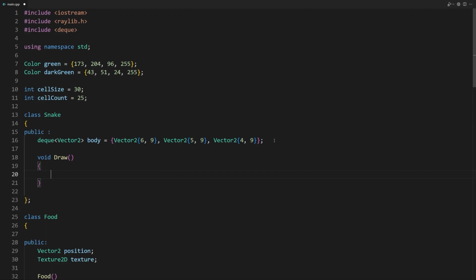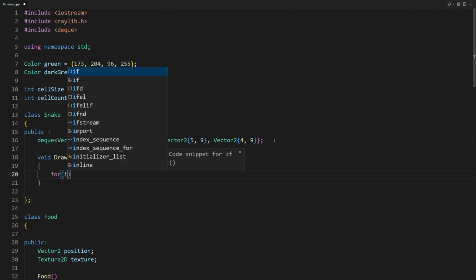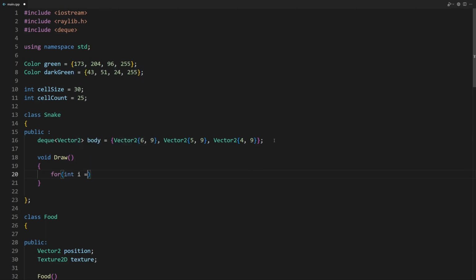Our snake has 3 segments, 3 cells to be drawn, so we're going to use a for loop to draw them all. Deque offers a size method, which returns the number of elements it contains, so we can loop through all of them like this. for (int i = 0; i < body.size(); i++) {